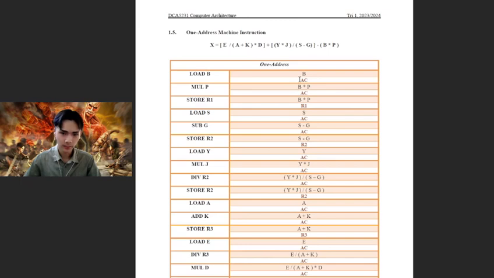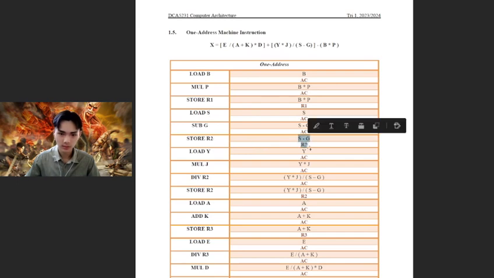After you load to the temporary memory, you will multiply by P, which is B times P, and it will store in the temporary memory again. Once it says store R1, the B times P will be stored in the memory called R1. Then it loads S into a temporary memory again and subtracts G, S minus G, and stores